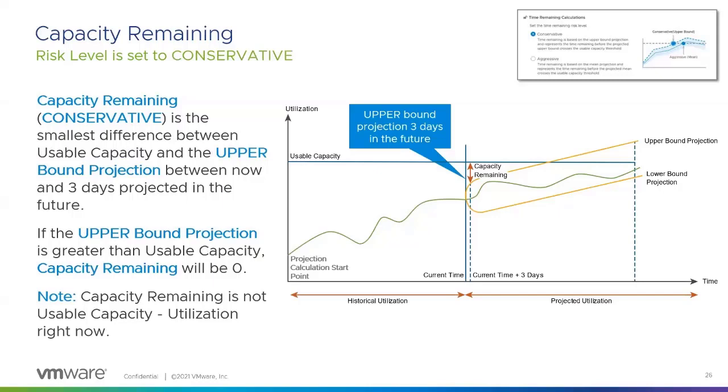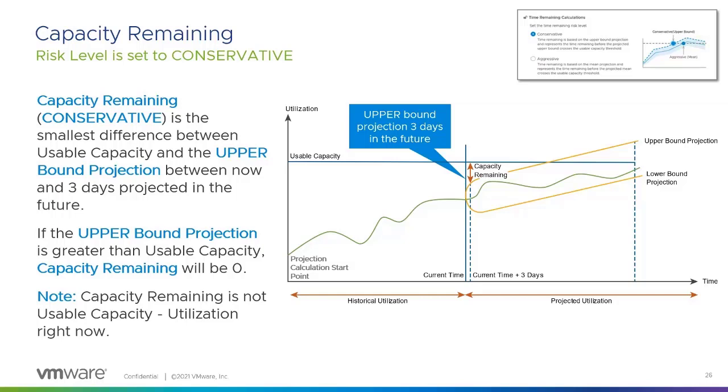So the next one is talking about capacity remaining. Capacity remaining, instead of looking at just right now, does a small projection 3 days in the future, and this helps smooth out some of the big fluctuations. It makes it where it doesn't jump up and down quite so much because it's based on that projection 3 days